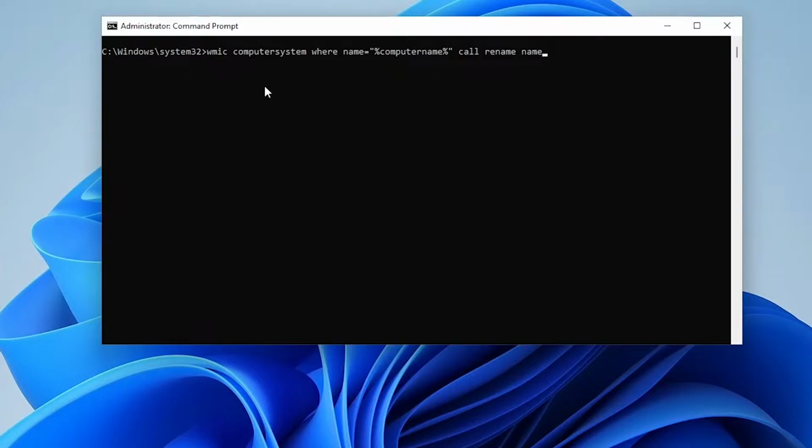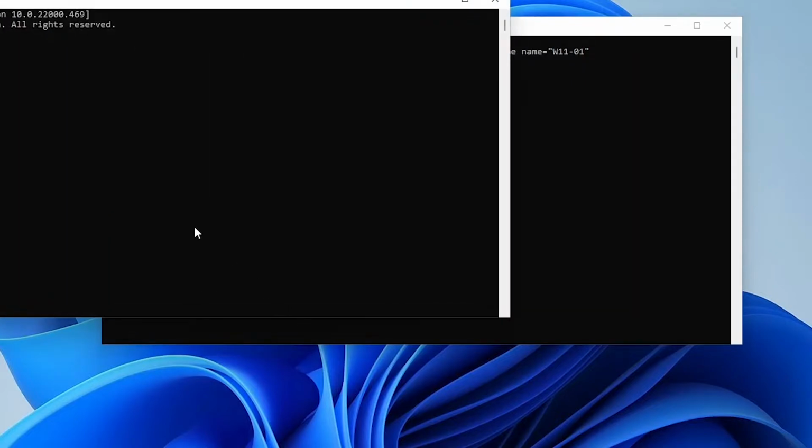Then the name is going to be the following. You're going to enter your own hostname. I'm just going to give this device the name WLF01. So for example, let me try to open a different command prompt, and if I enter hostname here, you can see the hostname of this device is